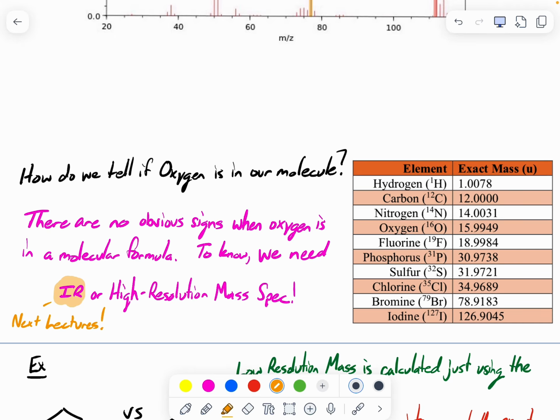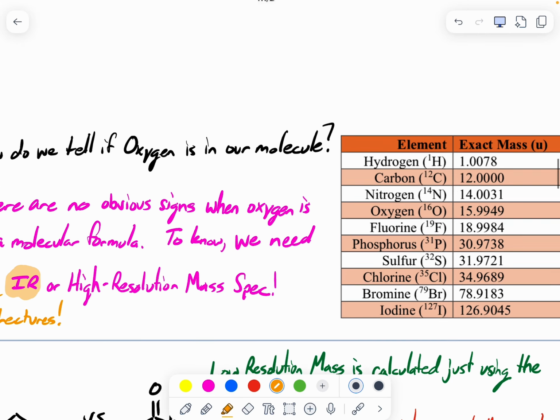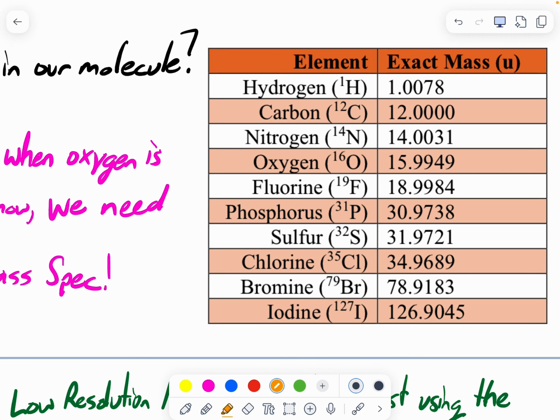But in reality, every atom that we have talked about has what's called an exact mass. The exact mass actually takes into account every proton and every neutron out to 4 decimal places. And you'll notice that whenever we start getting out to these 4 decimal places, the numbers actually change. Hydrogen is not just 1, it's 1.0078 units. Carbon actually is exactly 12, so it's kind of nice. But then we have things like oxygen, 15.9949. And so we can start to determine differences between these structures because the atoms aren't necessarily just rounded to that